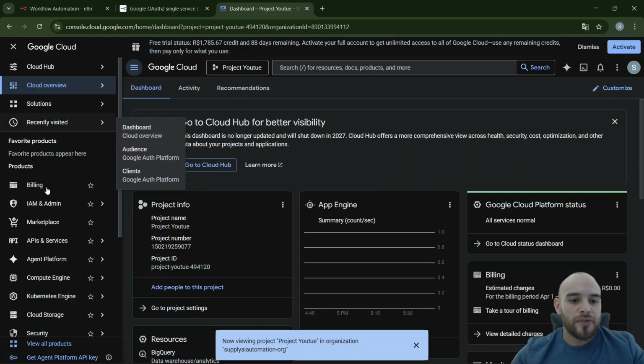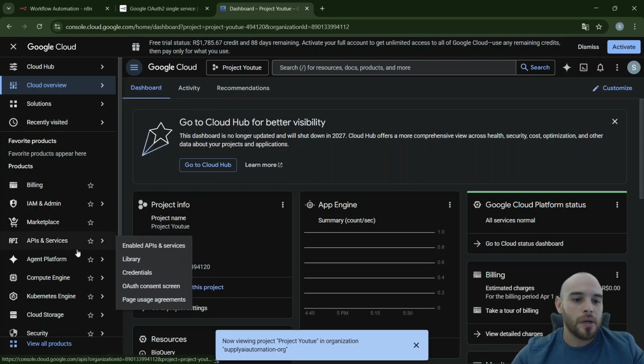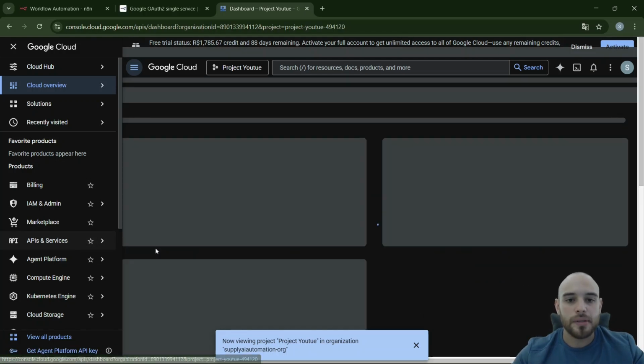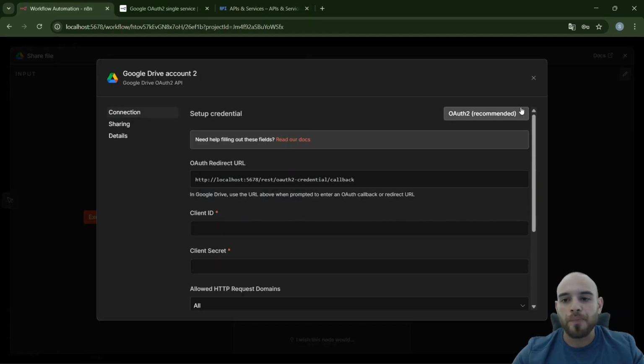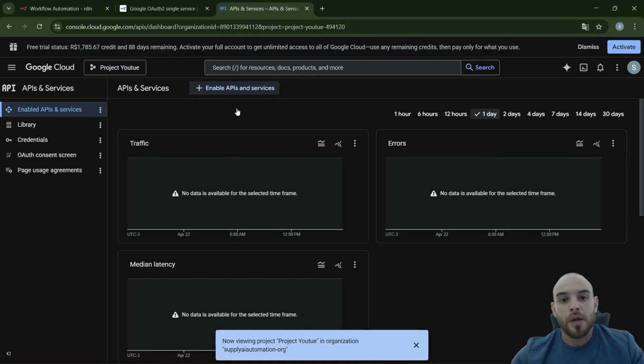Okay, so the first thing, guys, after you select your project, you're gonna hover your mouse over APIs and services, and click on enable APIs and services. You have to enable everything that you're gonna be using in this workflow. For instance, I want to show the Google Drive node, the Gmail node, and the Google Sheets node. So I have to add those three applications here. Okay, you can see here that I have this option, enable APIs and services. So I'm gonna hit here,